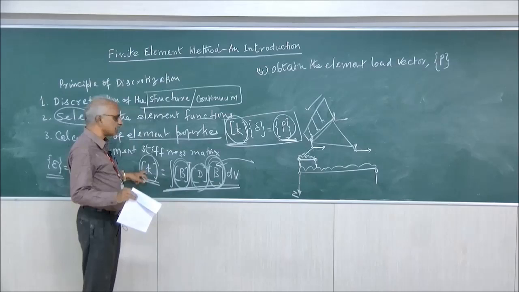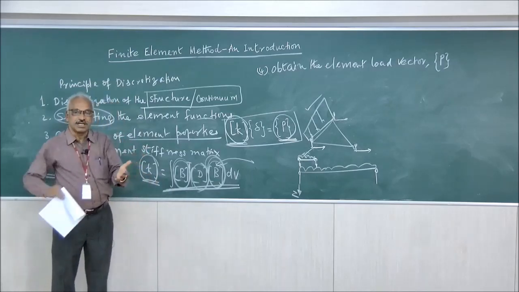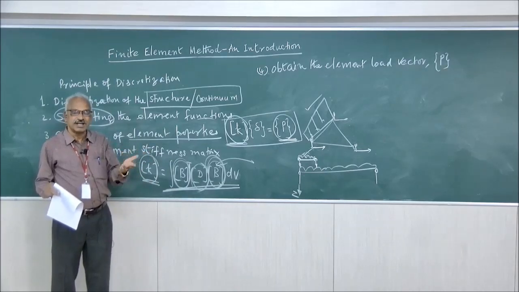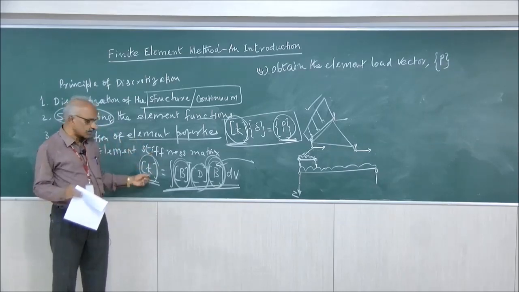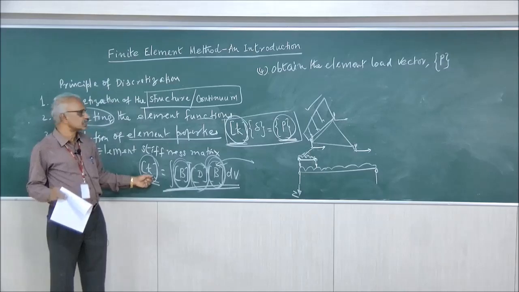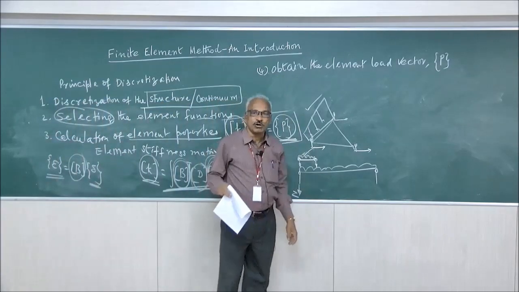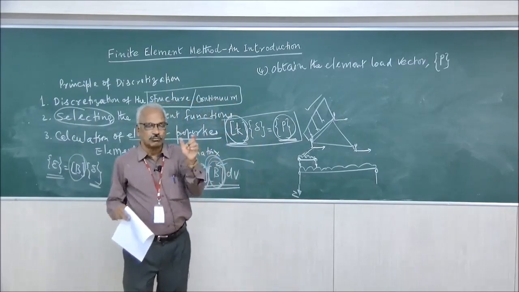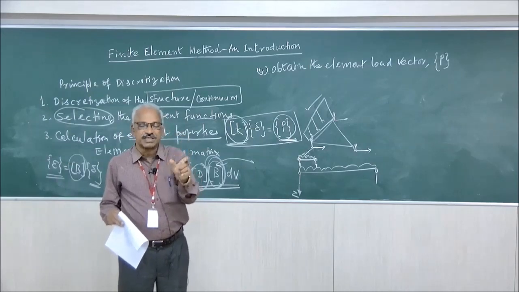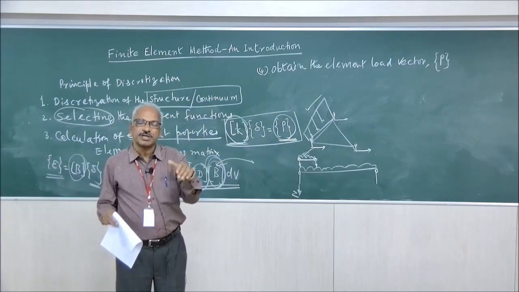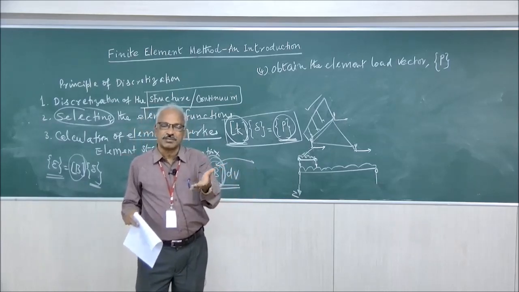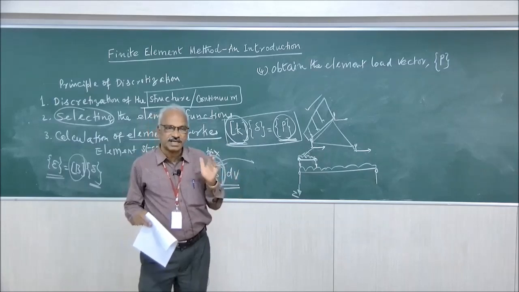For each and every element, you may be considering different types of elements in a single structure. The single structure may consist of line elements, triangular elements, and so for each and every type of element you have to derive the K matrix, the element stiffness matrix. Then you have to get the element load vector, whatever is the load that is given on the structure over each and every element that is considered. Maybe a line element, maybe the structure consists of a combination of elements, maybe line element, triangular element, quadrilateral element, whatever it may be. For each and every element,